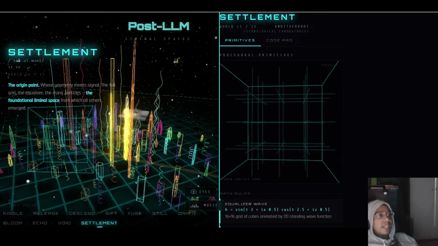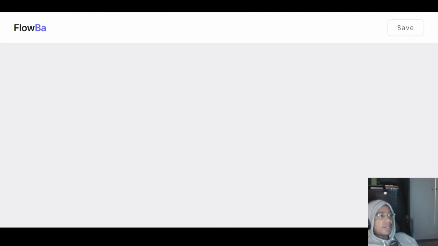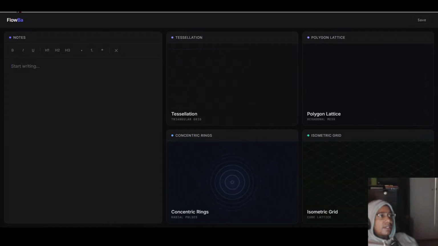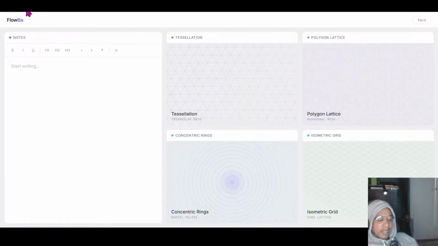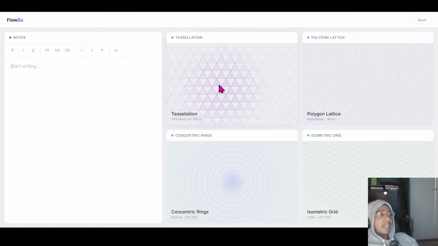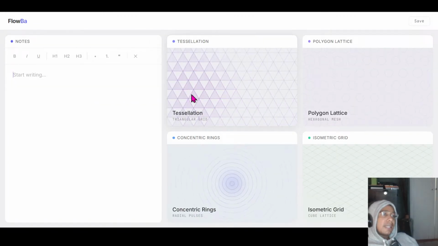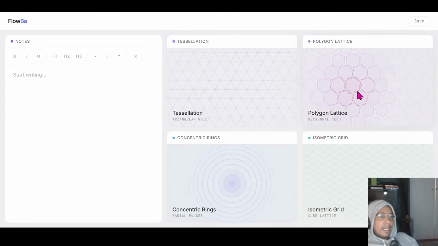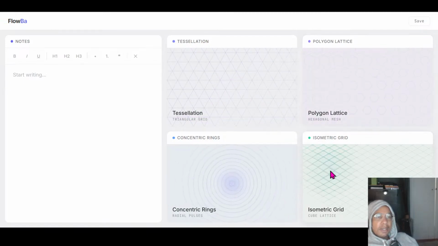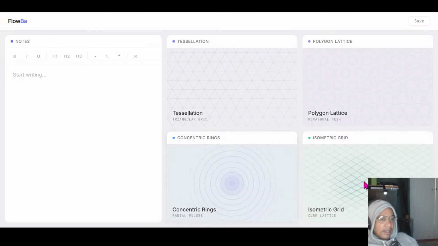Now let's switch to a light theme. Let's refresh this. Now we have a light theme. Yes, I know developers, hackers, they love dark themes, but to explore the idea here better, we have to see it. Okay, so tessellation, lattice of polygons, and isometric grid. This is kind of like a rubber band feeling, and I think an isometric grid, those three are